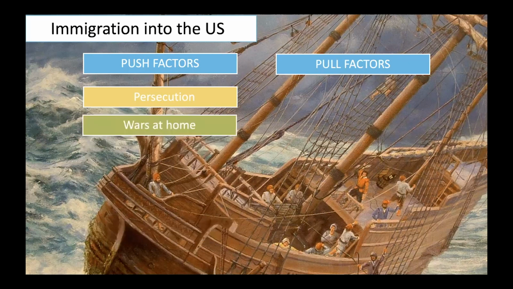Wars at home often are push factors. During the Mexican Revolution, around 25% of Mexicans leave Mexico and cross the border because the violence was just too much. A whole decade of violence. Think about this. Fresno and Clovis enduring 10 years of warfare. It's just too much for people to bear, and they want to live in a safe environment, away from violence, send their kids to school without the fear of them getting shot, and open businesses without the fear of armies taking them over. Wars at home.